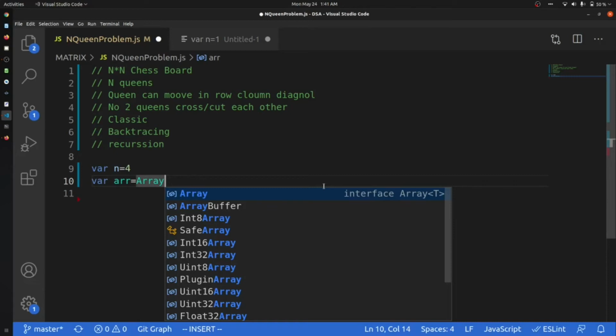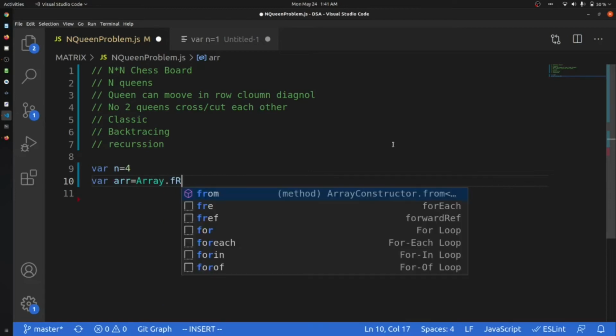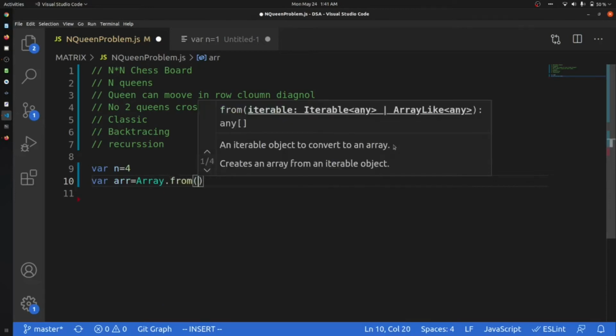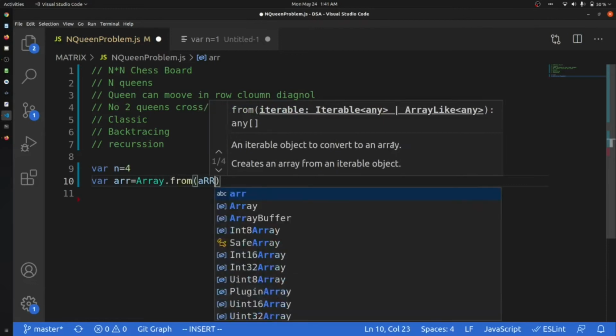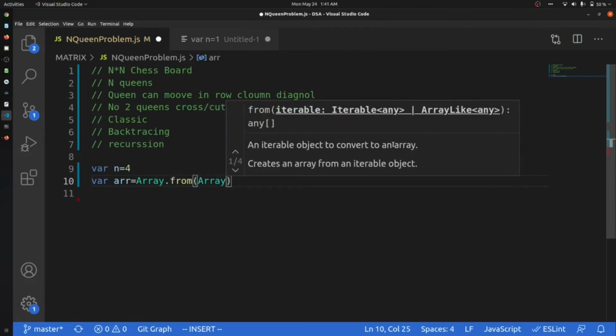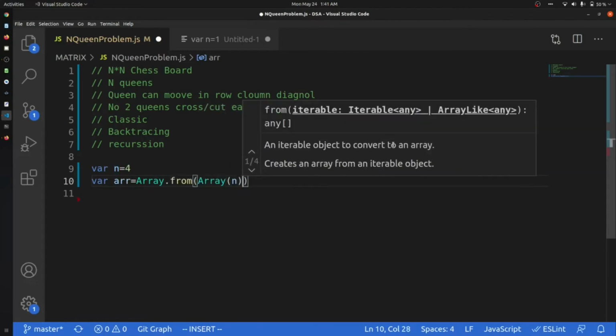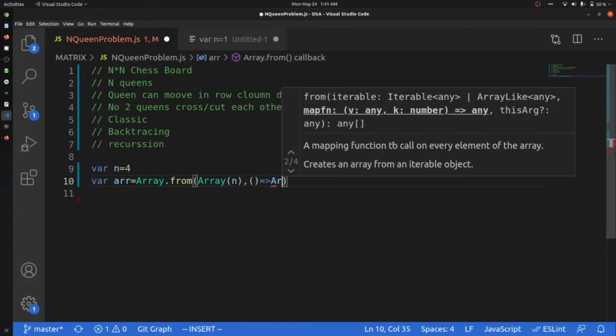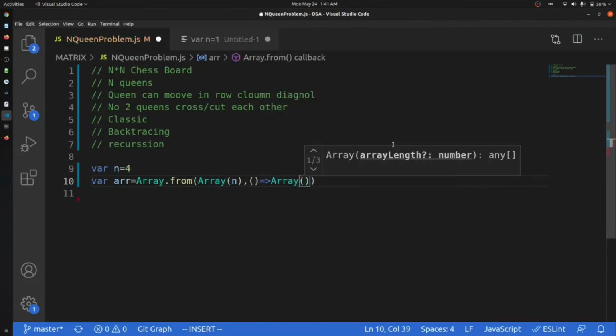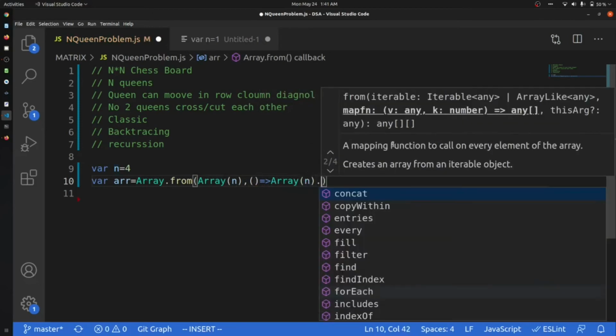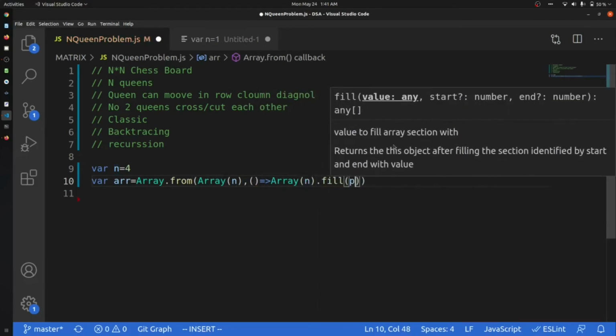I'm gonna create a 2D array. We use Array.from, and inside we will pass n, then we will pass Array of n dot fill with 0.